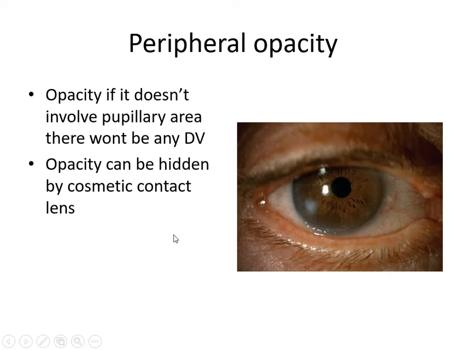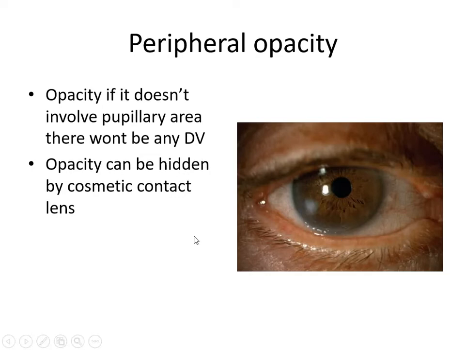The examiner will ask you, if the opacity is present in the periphery, how are you going to manage it? If some old timer comes as examiner and says facilities for the cosmetic contact lens are not there, what will you do with the peripheral opacity? Another method is tattooing. You can remove the epithelium and apply some gold salt. So black color will occur in that place, and it looks as if the patient has a normal cornea.